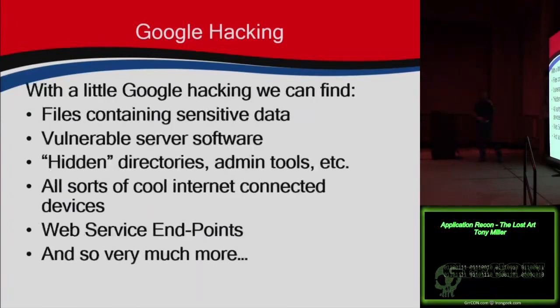So, types of things that we find with Google hacking. A lot. Files containing sensitive data. You'll see some examples of that. Anything from passwords, network information, vendor product information. Okay, maybe that's not so sensitive. In this particular case, for me, it was. Vulnerable server software. You'll see how, hey, I want to go find, well, in this case, I'll show you one. How do I find phpMyAdmin running? Well, set up attached to root. You'll see that.